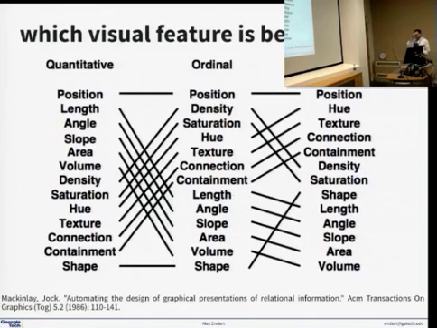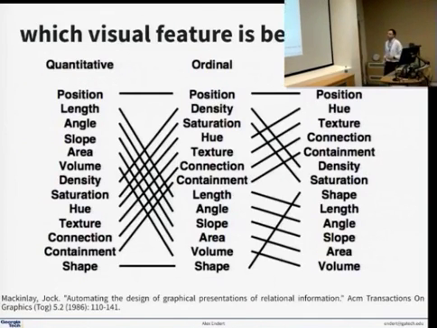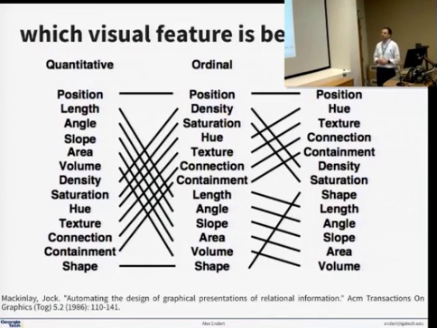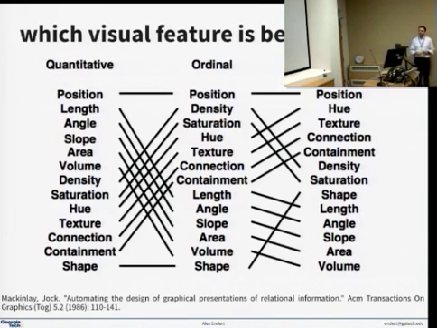So, there's actually been a study, a few now actually, not just this one, but this is one of the first ones, that studies which visual features are the best to use. So do I use shape or do I use size? Do I use position or do I use color? And what we see here, from top being the most effective in terms of being able to perceive the value by the visual, to bottom being the least effective, is that there is a clear dominant visual feature, and that is position. And for the others, it actually depends a bit on the kind of data that you're going to show, and I'm going to walk through those types of data a bit